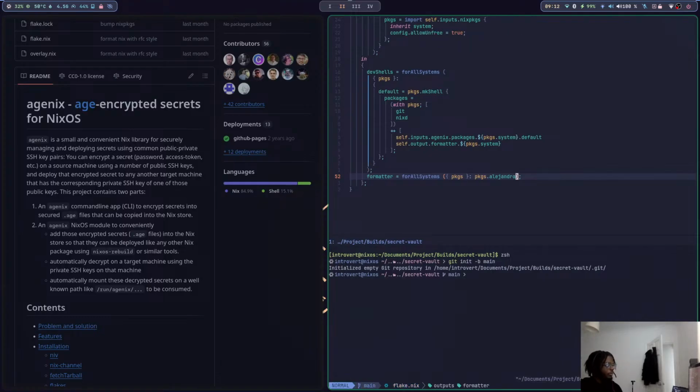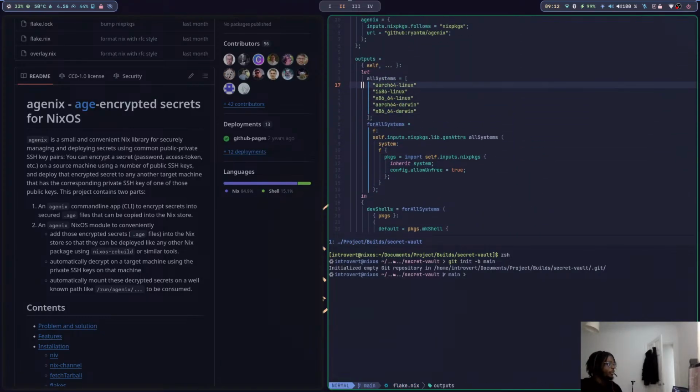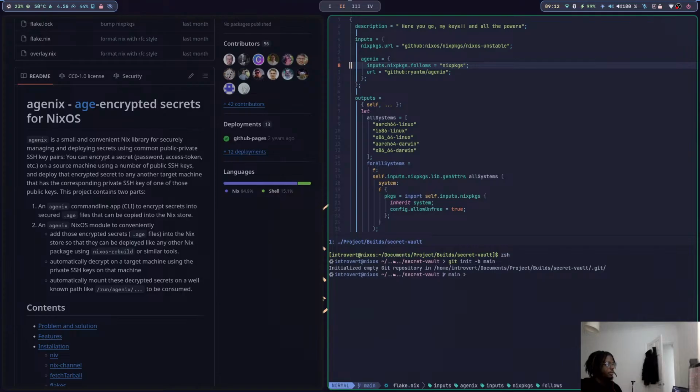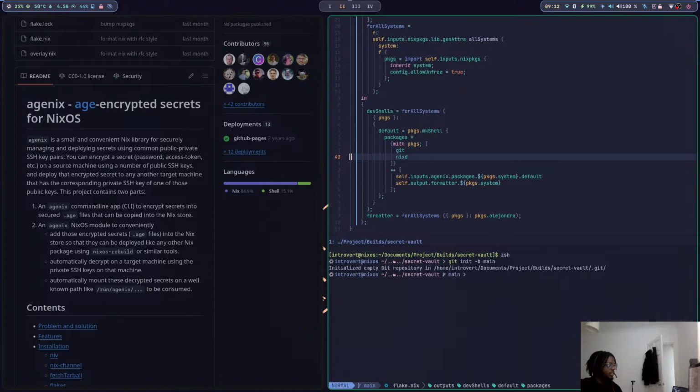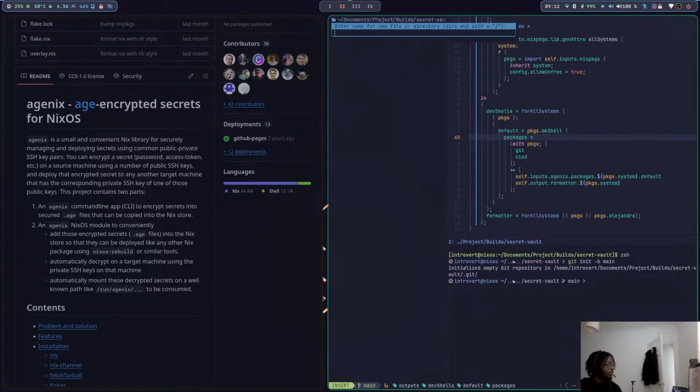Alright, so I think we're good with the flake.nix file. So now we have a flake.nix file. We've defined the agenix that we want, and then we've also defined the URL for the Nix repository where we want to fetch the required packages that we need, like Gates and NixD and Alejandra, and we're good with the flake. So what we're gonna do now is, now that we have the flake, we're gonna create something called secrets, or